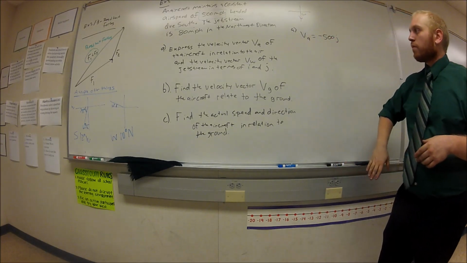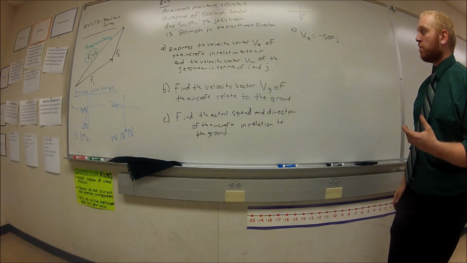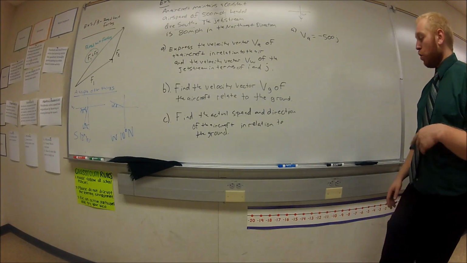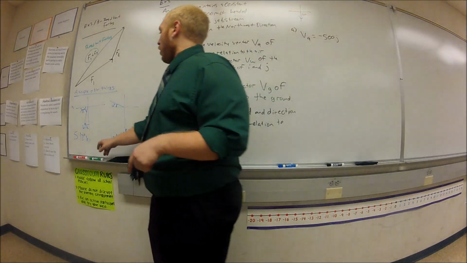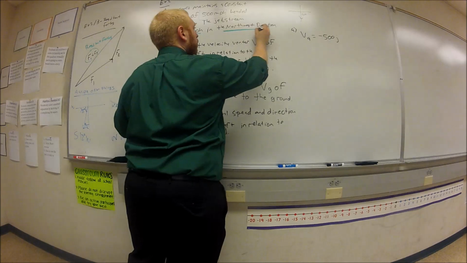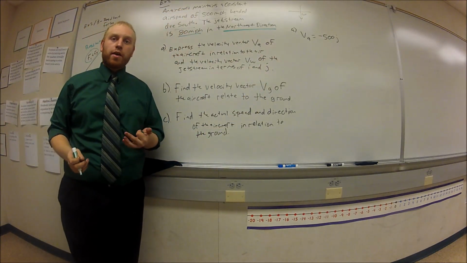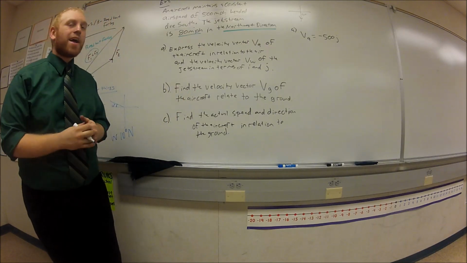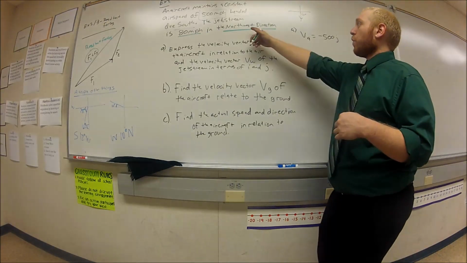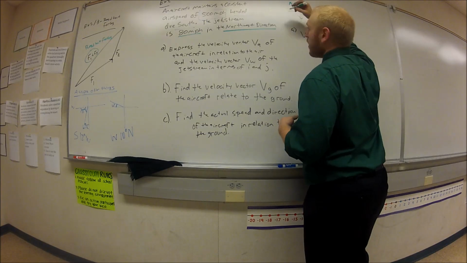Now, next part. It says, find the velocity vector v sub W of the jet stream in terms of i and j. Well, look at the jet stream. All I told you is that the jet stream is going 80 miles per hour in the northwest direction. So think about it. This is like the problems from yesterday. They didn't tell us the vector. It's not going to be that easy. We're going to have to do some work. So draw a vector that's going in the northwest direction. Well, northwest is going that way. And it said it's 80